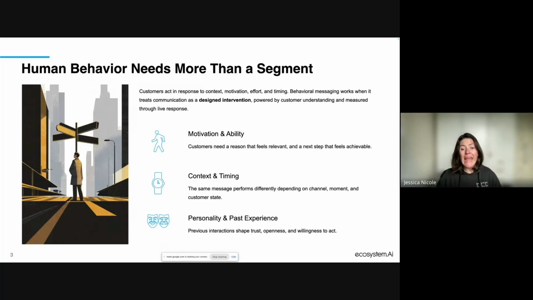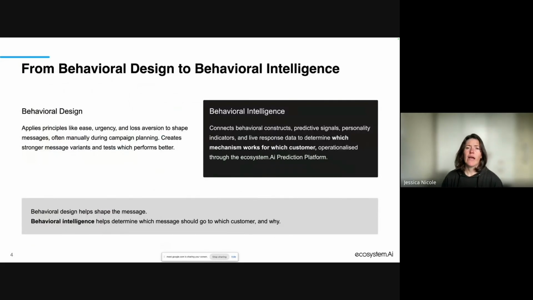You can play on things like their motivation, their personality, or even just use it to define how this person wants to be spoken to. And so what we have here is a process from which we're moving away from one size fits all and into a space of not just behavioral design, but also behavioral intelligence.